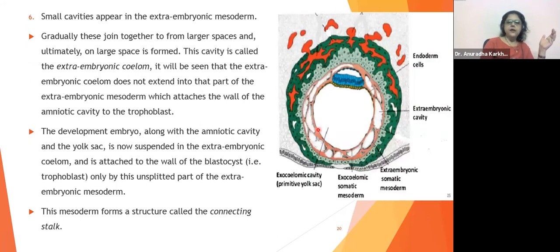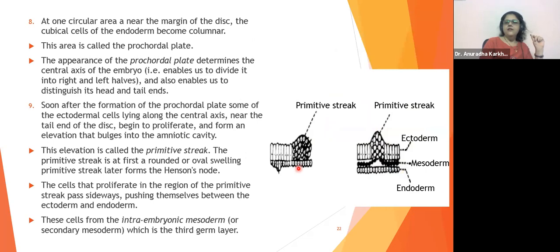So this is going to be the visceral layer, and this is going to be the parietal layer. So this outside pink colored layer, towards the blue cells, is going to be the parietal, and this pink colored layer towards the white part is going to be the visceral. Means placenta will become a part of chorion. Correct. Okay. It's initially going to be present, but it is not that helpful. It is going to get reduced eventually. For the time being, it is going to be there. Otherwise, it's going to get reduced.